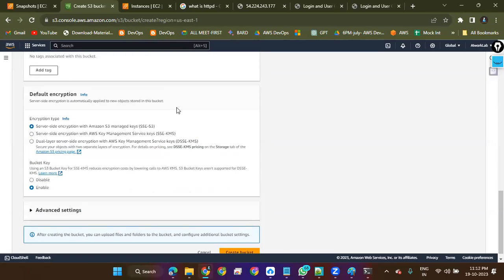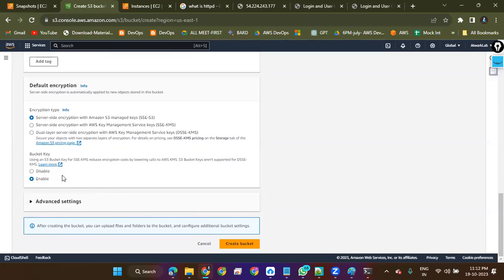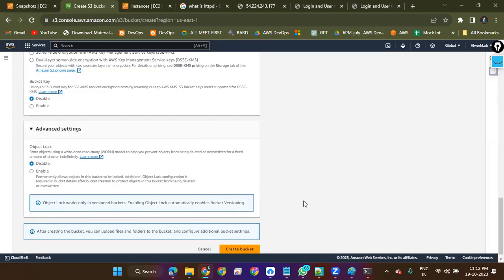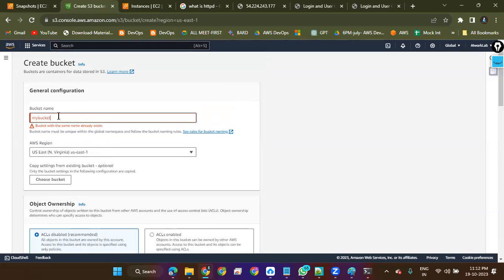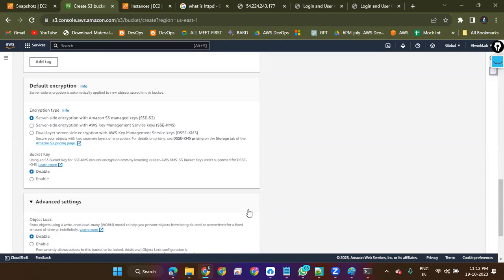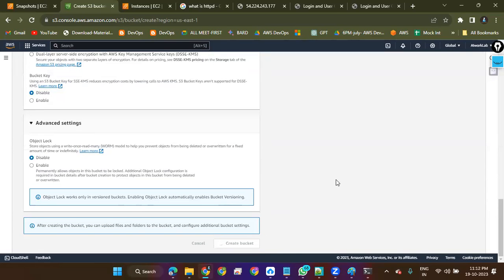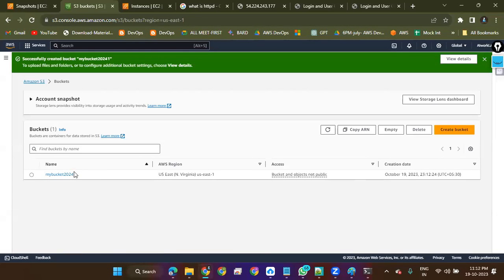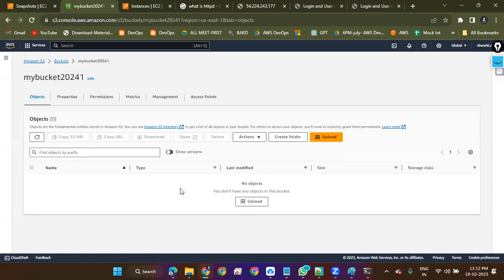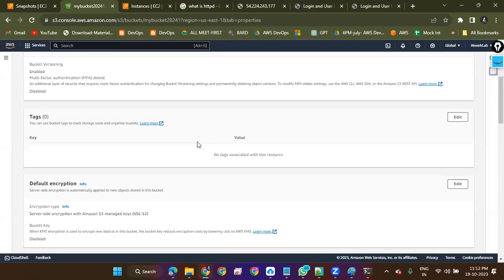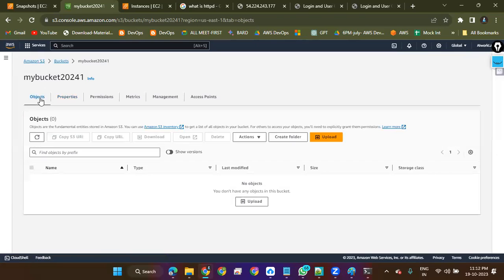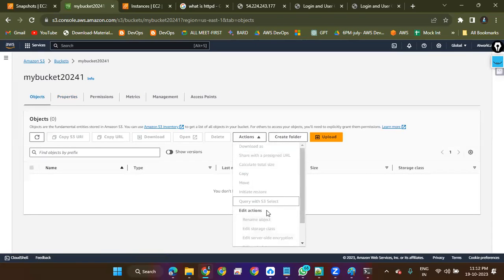Just enable versioning and encryption. This name should be unique. It's created. Yeah, upload some file.